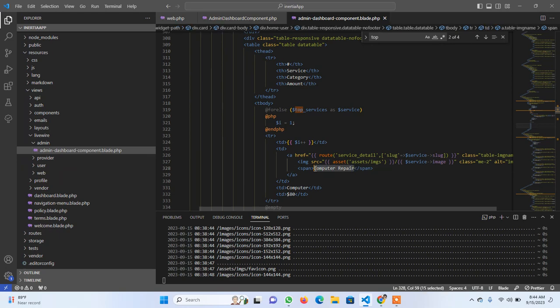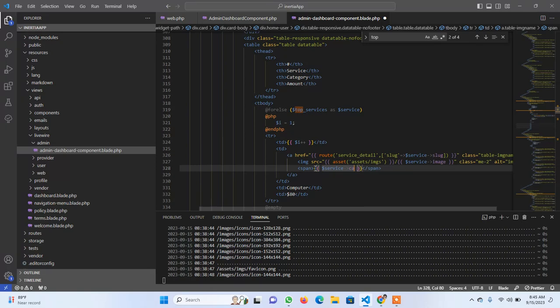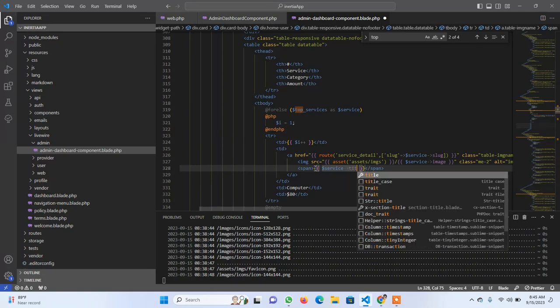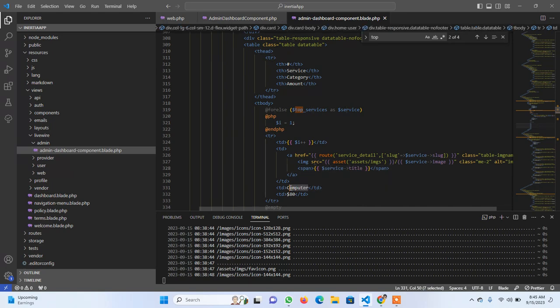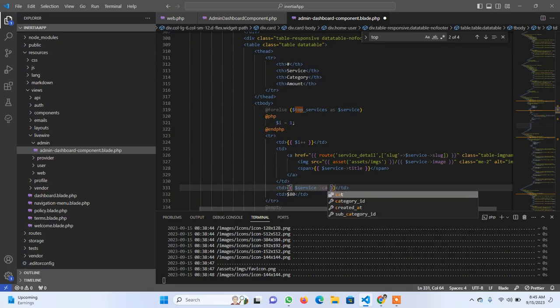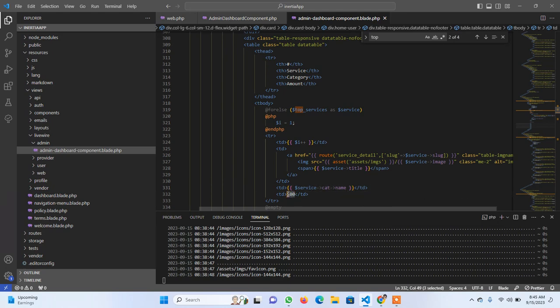Here we are going to declare the service category name, or you can say directly we have to show his title, or here we have to show his category, service cat name,